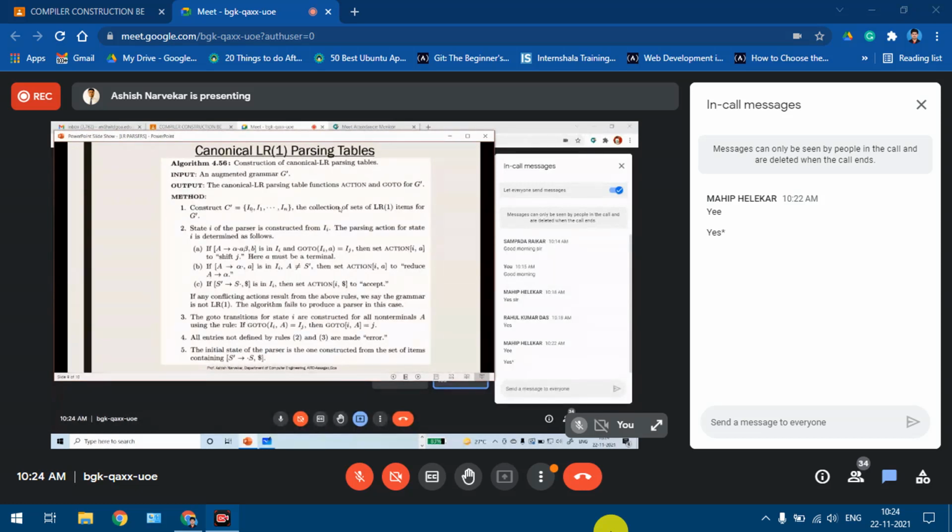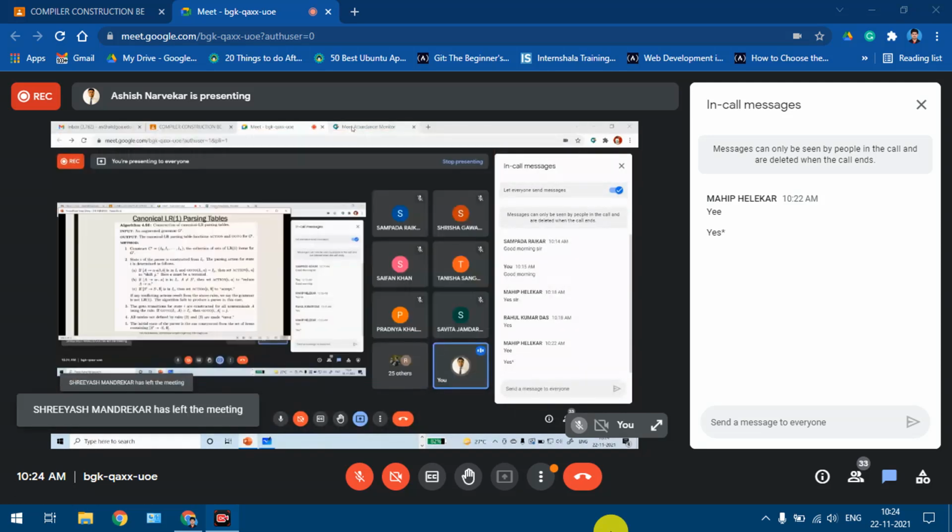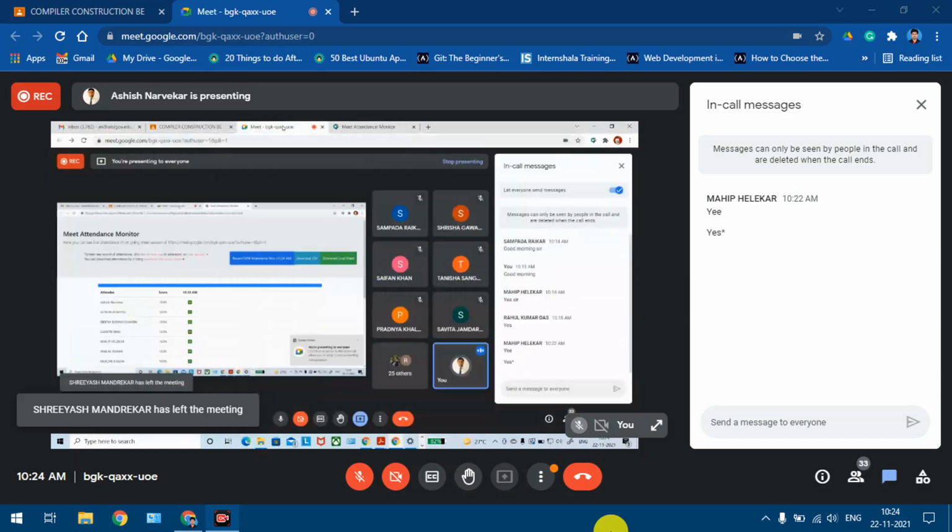So now the parsing action for this particular state, like suppose if you consider state I0, how you'll be making entries in the action and in the go to column, that is defined in step number 2 over here. So what step 2a over here says is that suppose if there is a shift action,